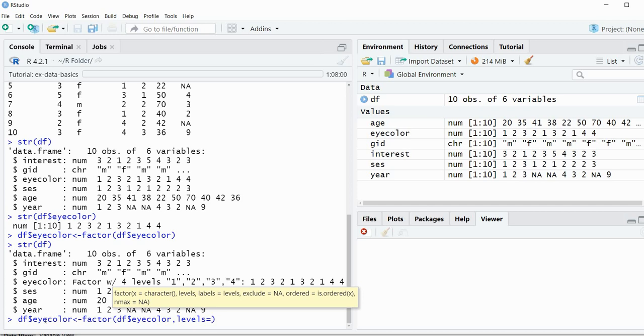So I'll type in c. So we're creating a new list, so we're using the c function here. Inside a new parenthesis, I'm going to type in 1, 2, 3, 4. We have our end parenthesis, and then we're going to add another comma. So next we're going to type in labels equals, and then a c for a new list right here. And so now we're going to type in those values